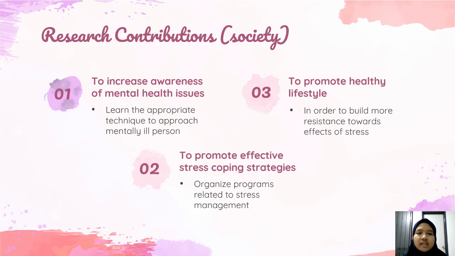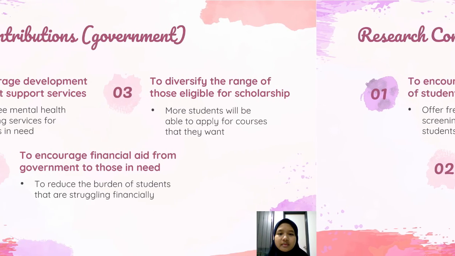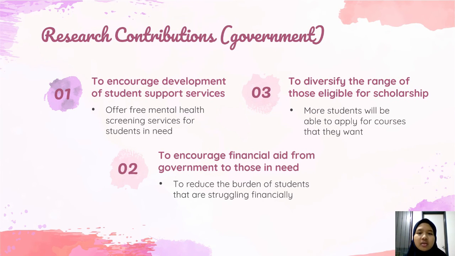Next, for research contributions towards society, there are 3 contributions that has been identified, which are to increase awareness on mental health issues, to promote effective stress coping strategies, and to promote healthy lifestyle. As for contributions towards the government, there are also 3 that has been identified, which are to encourage development of student support services, to encourage financial aid from government to those in need, and to diversify the range of those